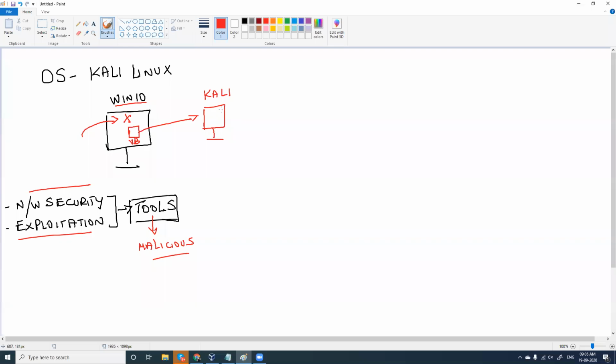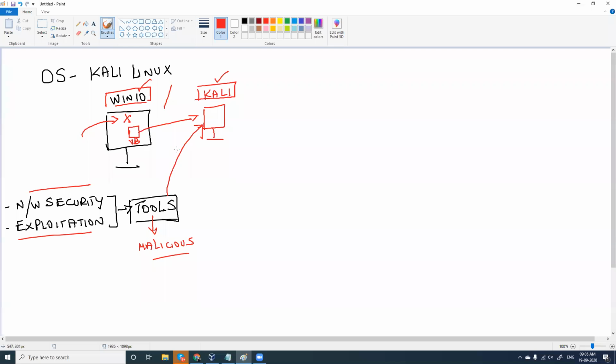You can go for a dual boot operating system, but the problem with dual booting is either Windows will boot, or Kali will boot. You can use only one operating system. But when you go for VirtualBox, your Windows 10 will be on, and your Kali Linux will also be on, running parallelly. You can use Windows 10 and parallelly you can also use Kali Linux, right? So I'm going to install Kali Linux in VirtualBox, and in this I'm going to install my tools in case needed.